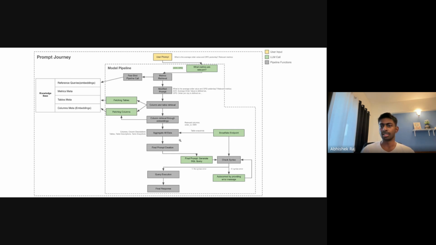So we will do a similar thing, but on a smaller scale, because we don't have thousands of tables. I'll just show you how you can do it. I'll share my screen.